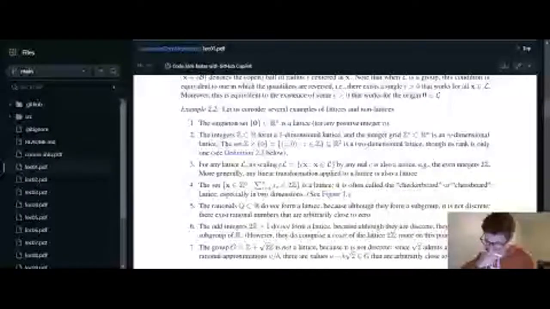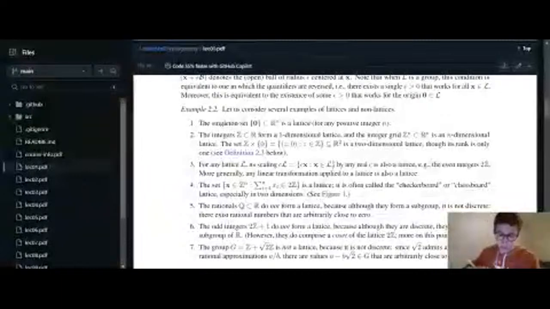Make sure it's discrete, right? But it is. The distance between each element is 1. So it works. So it is one dimensional. Okay, cool. And it says the